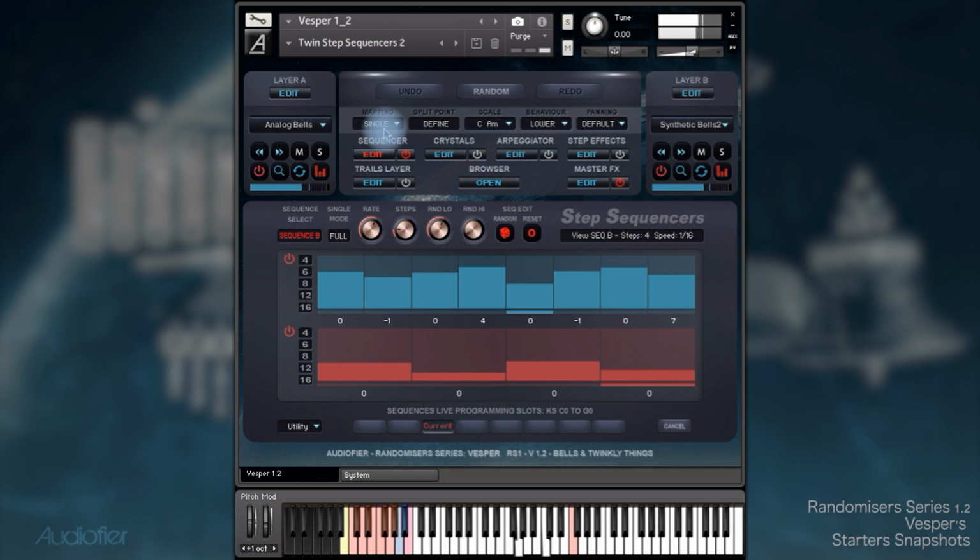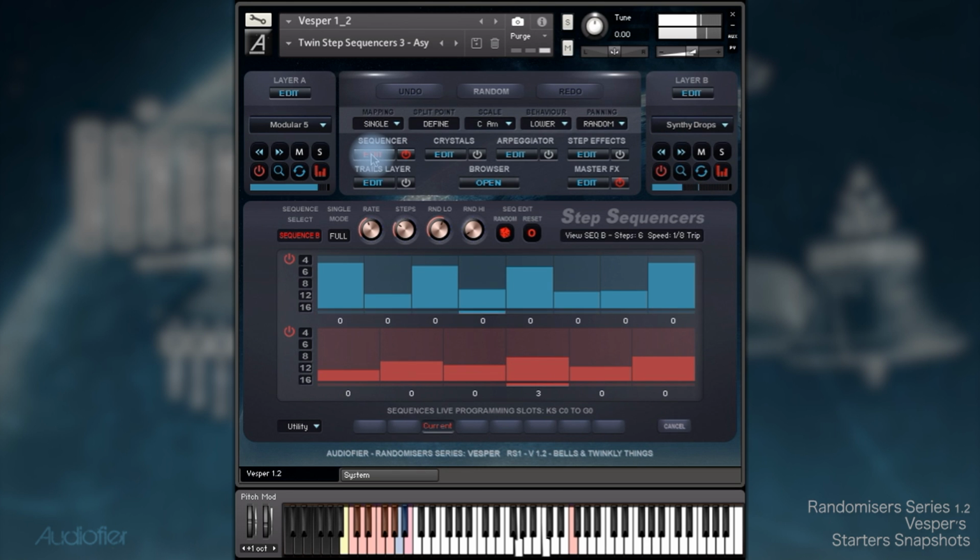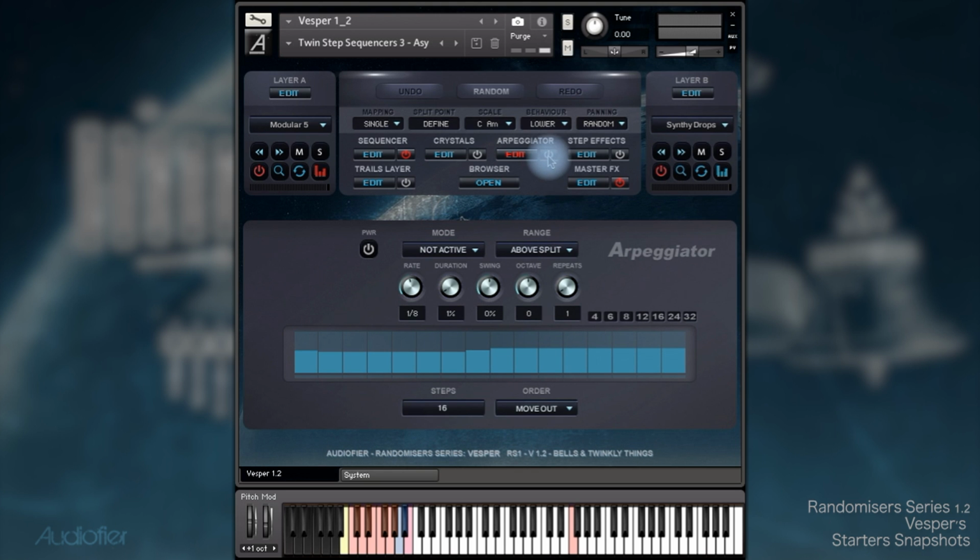And then the last one I think is twin step sequencer 3. Sequence B is playing in triplets. I wonder if I was switching off sequence B and then going to arpeggiator, switch it on and just leave it above the split, and maybe do only 4 notes. Something like this. So basically we have sequence A playing below the split and the arpeggiator playing above the split. And we can also play in dual mode, so we have